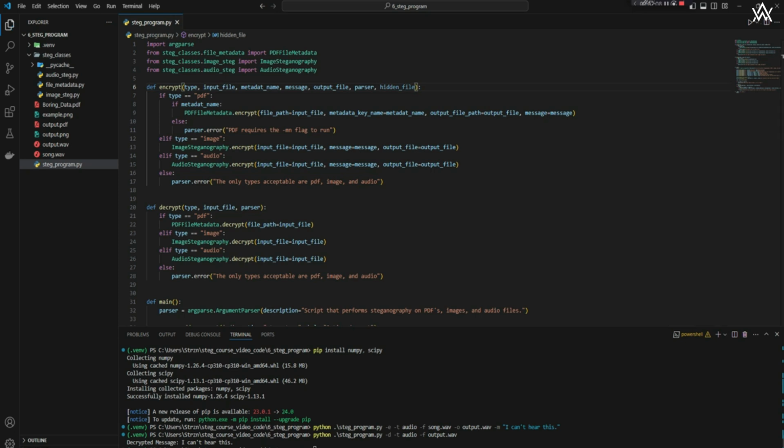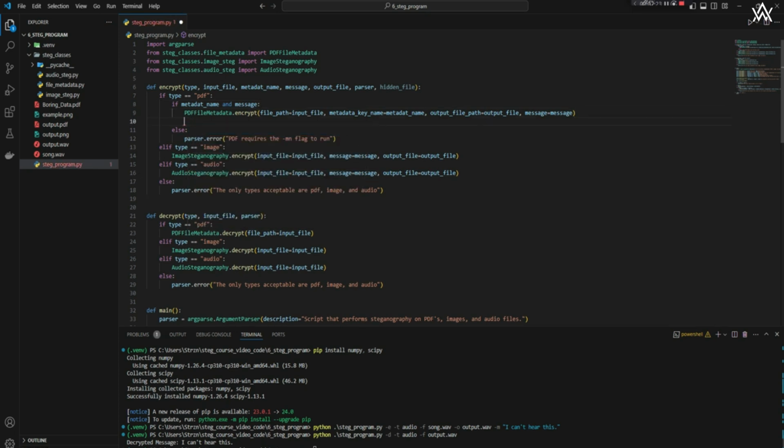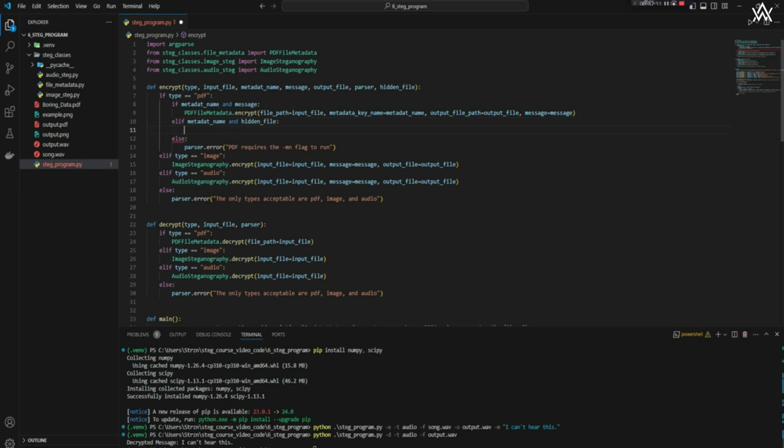And so now for our encrypt function, we see if metadata name, else this. We are going to say if metadata name and message. We can do this one. Else if, oops, metadata name and the hidden file. So if hidden file exists or message exists, then we're going to do PDF file metadata. Actually, let's go and make that quickly. So basically what this is saying is if the metadata name and the message exist, then do this. But if the metadata name and the hidden file exist, then do this function, which we're actually going to write